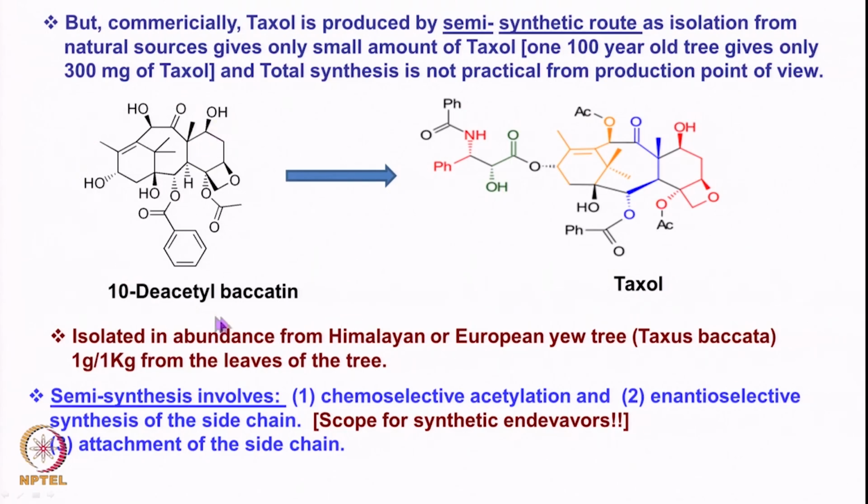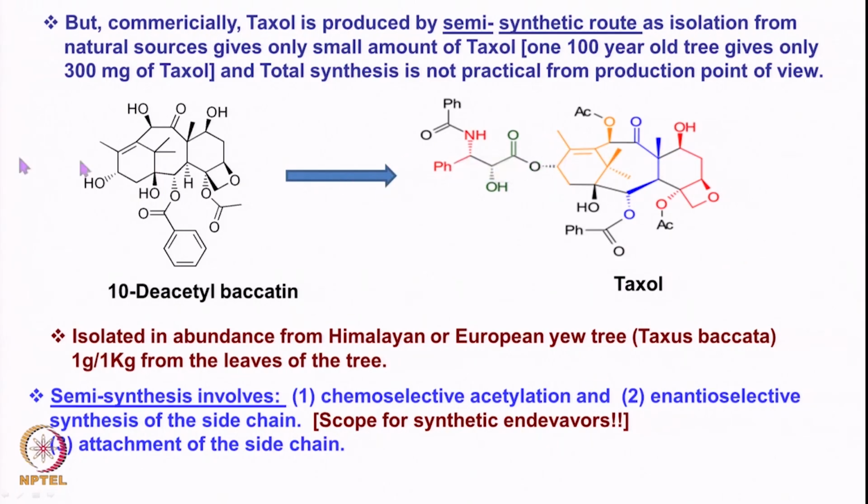So if we start with this naturally occurring 10-deacetylbaccatin, the semi-synthesis would involve chemoselective acetylation. That means this particular hydroxy group has to be acetylated, otherwise the rest of the things are there except the side chain here. So we have to do the chemoselective acetylation at this particular position, and then we need to introduce a side